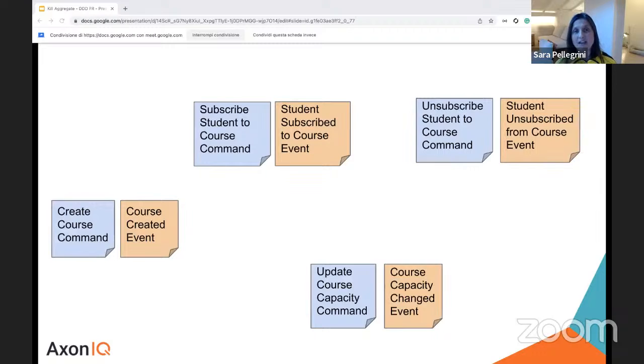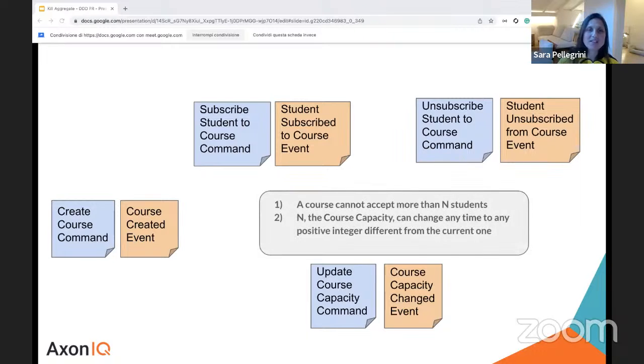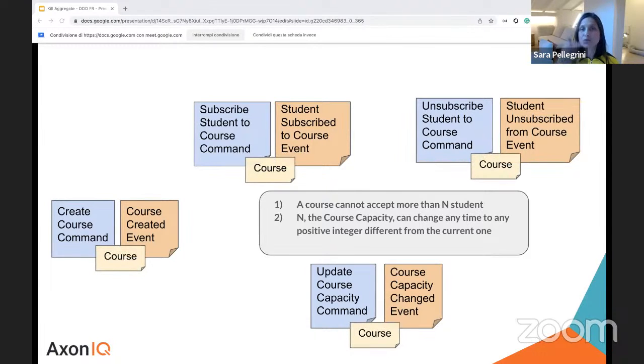As a technician, anyway, whenever I try to design an aggregate, I tend to group all data that shares consistency constraints. In our example, the rules were all related to the course. That is why I would choose the course as an aggregate. But translating this idea into non-technical terms to explain it to business experts is not trivial.